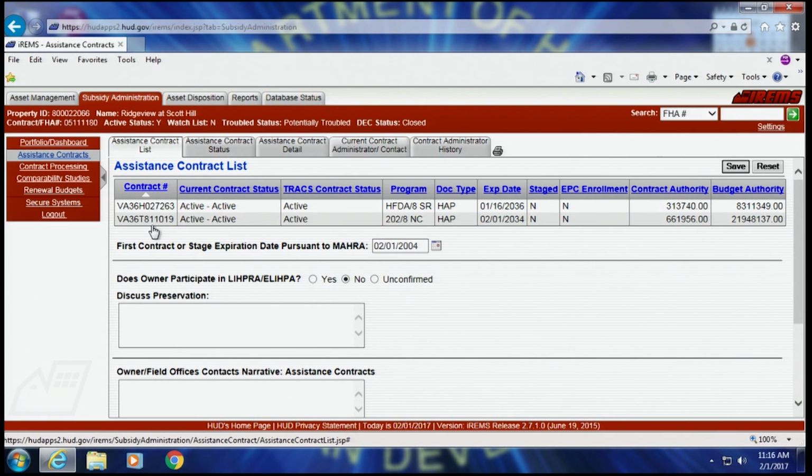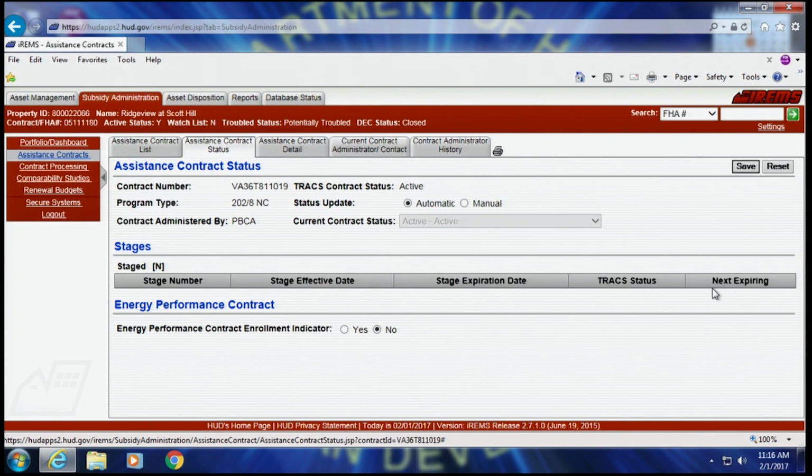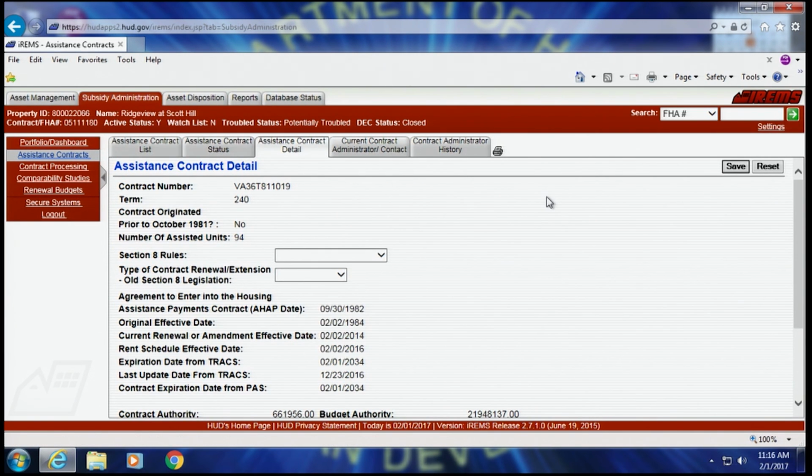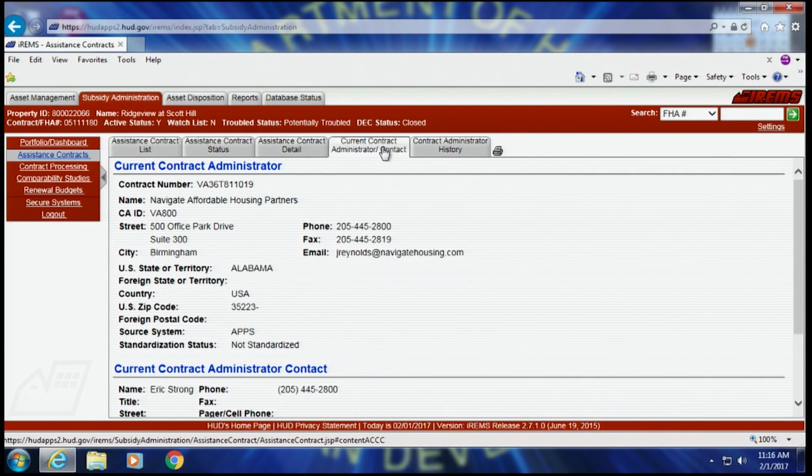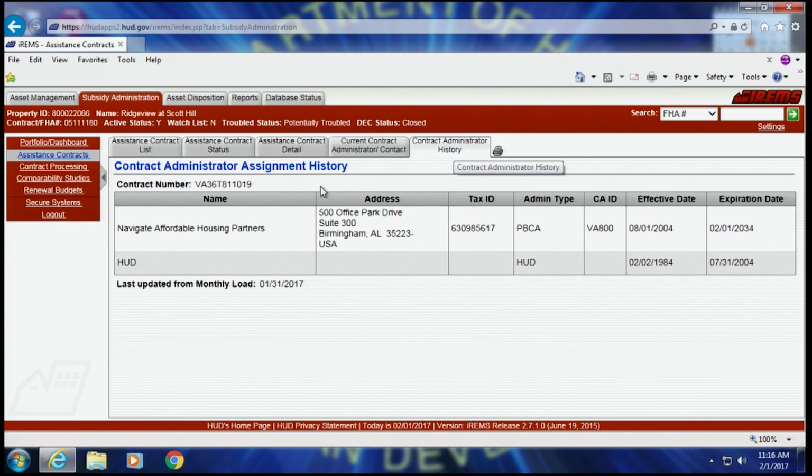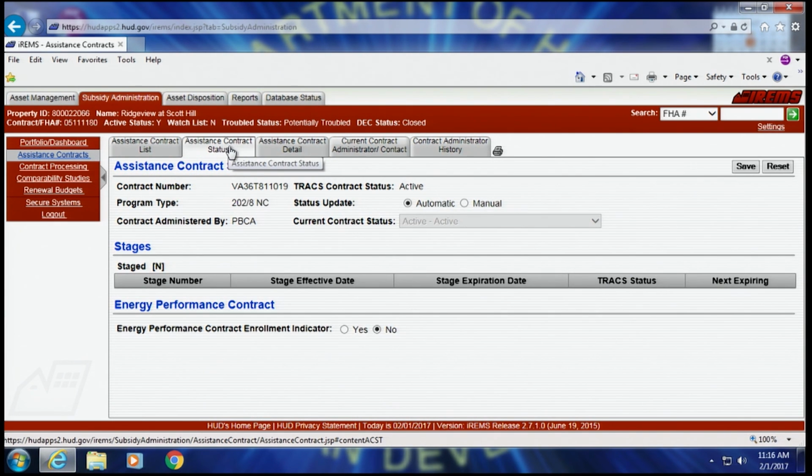And if I check this one, I can actually go in and look at that particular HAP. I can look at its assistance contract detail. I can look at the administrator. I can look at the history, and I can look at the contract status. So these are very helpful tools for anybody that has an asset that's assigned to them in their portfolio.